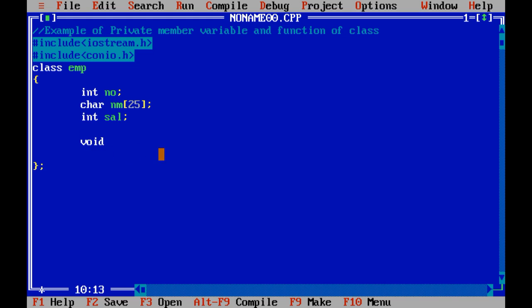Now I am going to define the void display function. What will the display function do?